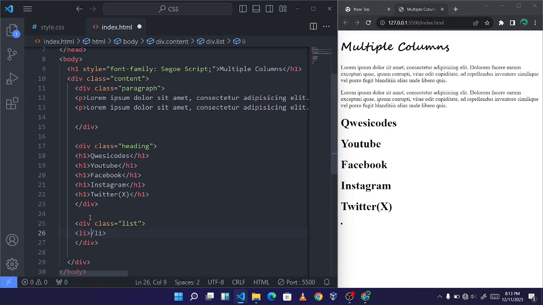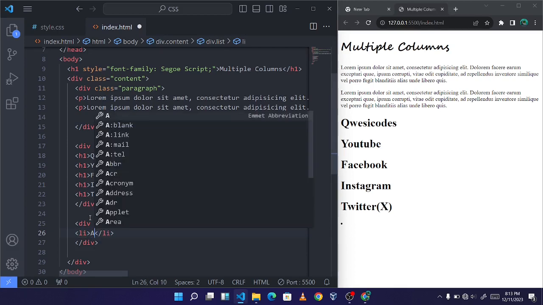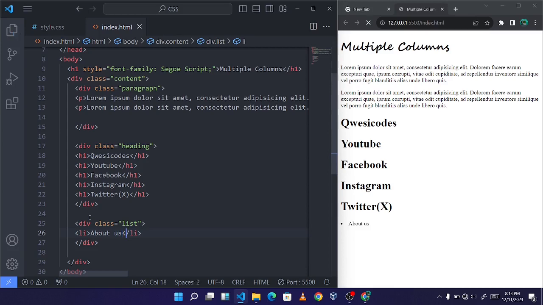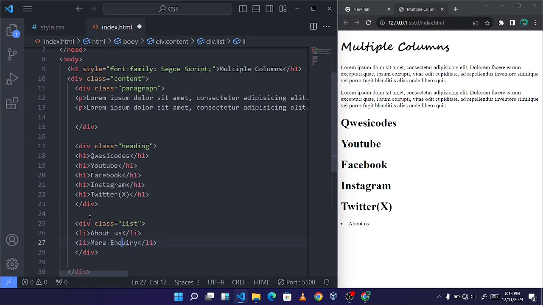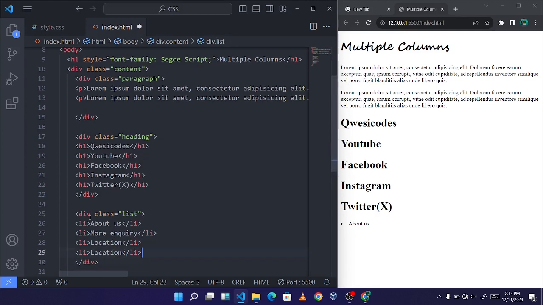Let's name this about us, more inquiry, and let's also add another one. It's going to be like location, and the last one is going to be developer, something like this. All right,